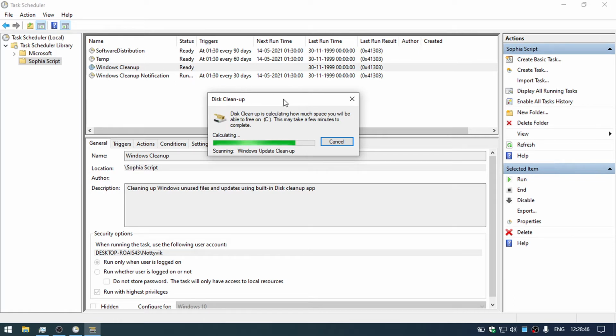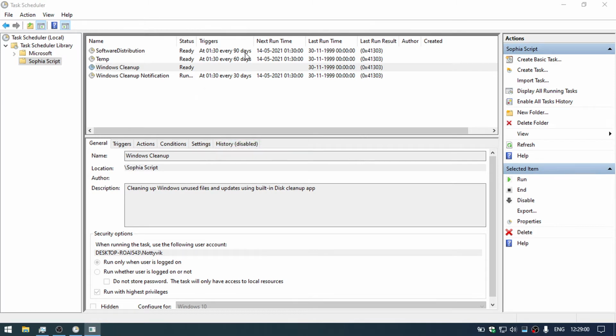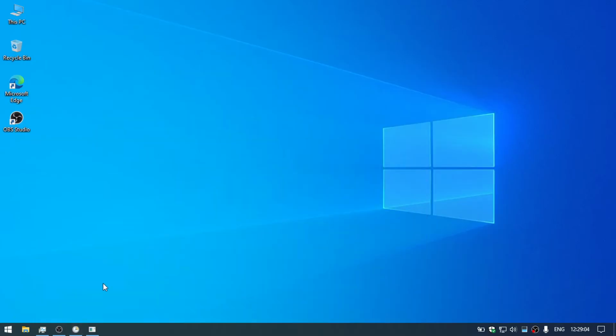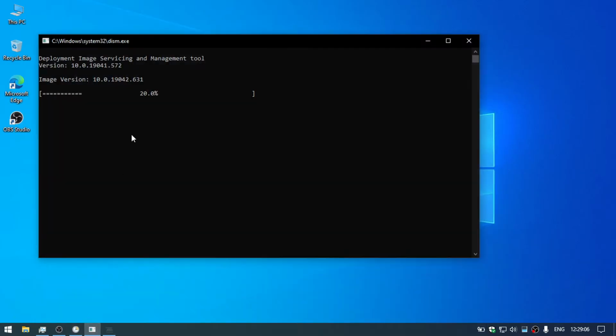So it will now clean my disk. And one more thing to notice, this task will trigger every 30 days, and the second task will trigger every 60 days, and this task will trigger every 90 days. So this script brings these four things.